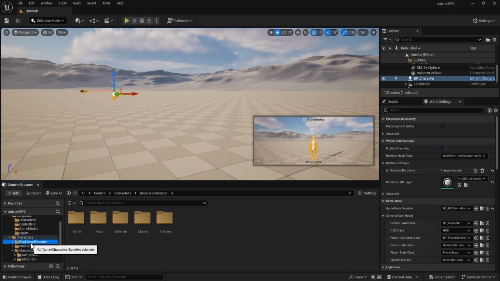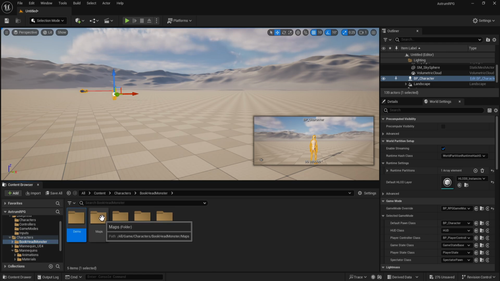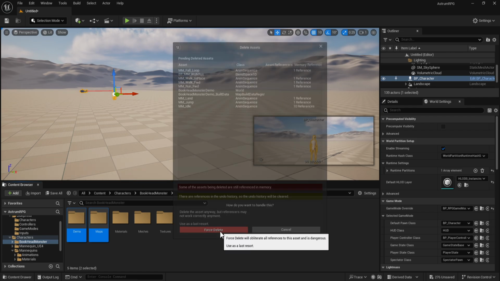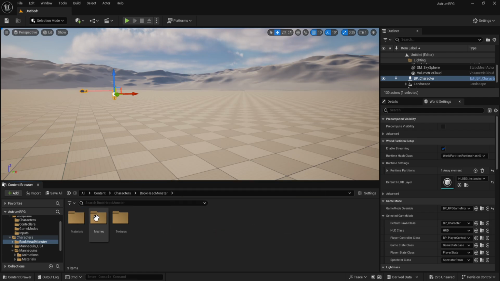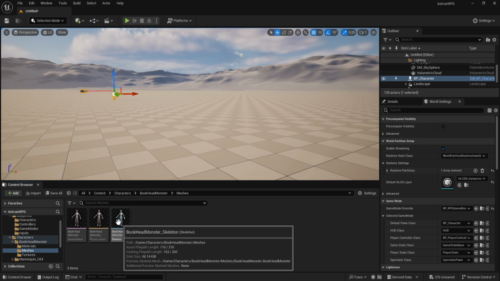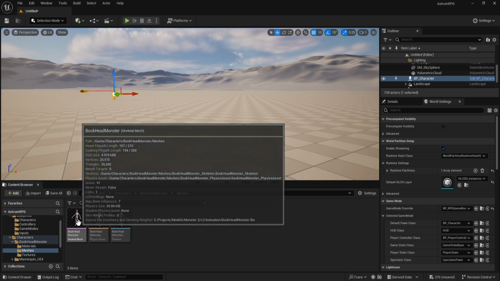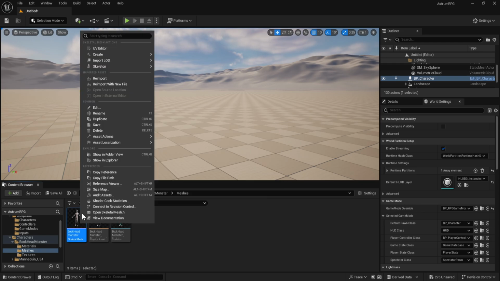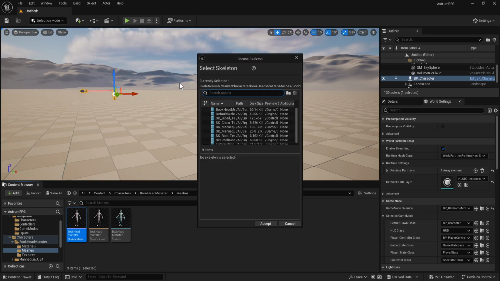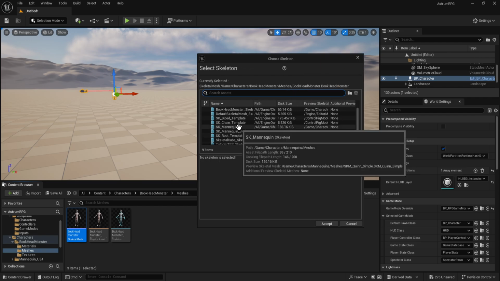I just realized I forgot something. So we have the bookhead monster folder over here. I'm going to delete some stuff: demo, maps. Yeah, I'm going to delete both of those folders. And also in meshes, we don't want to use the skeleton of this character. So what we're going to do instead is right click, skeleton, assign skeleton, and choose the mannequin, which is